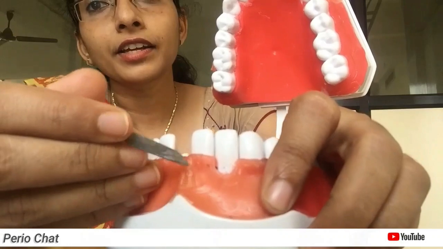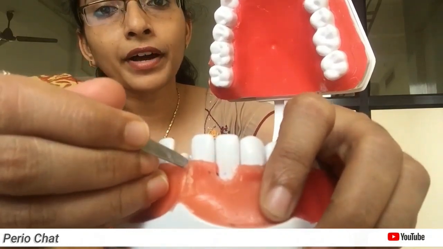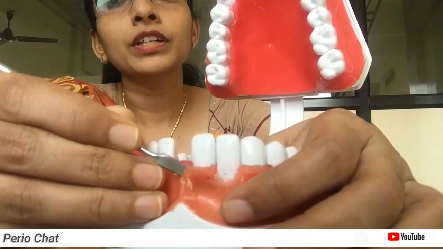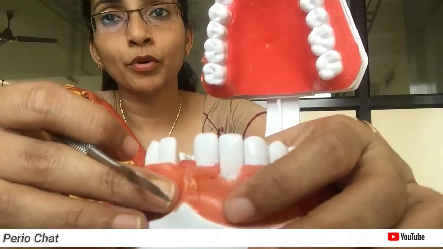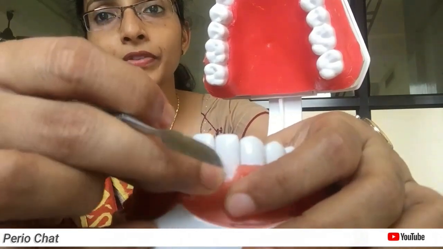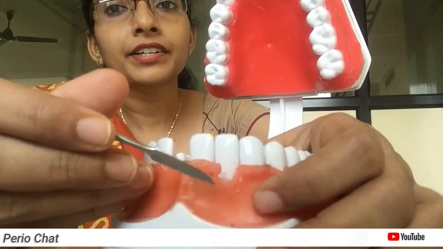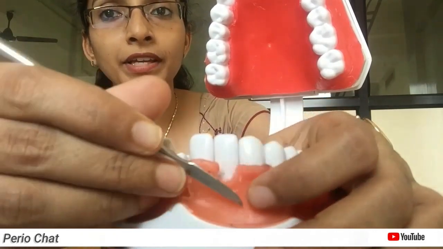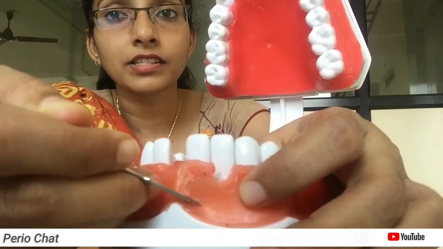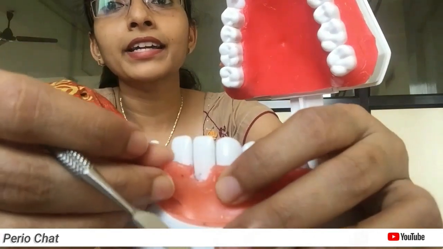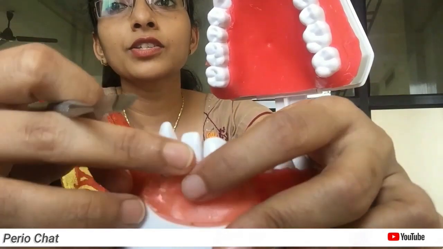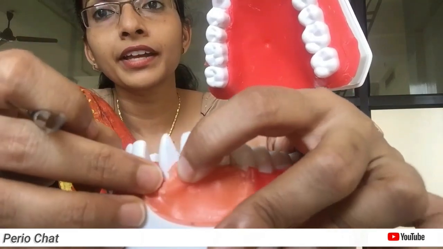So let us say that you have cut the required width, and then you will reflect it. You will either take a partial thickness flap or a full thickness flap. They say a partial thickness flap is better. It is difficult to cut this straight and then place it over here, and hence you will also give a cut back incision like this. Once you give a cut back incision and you have reflected a partial thickness flap, you will join this over here.